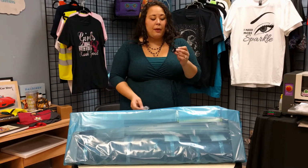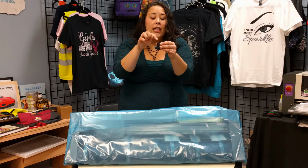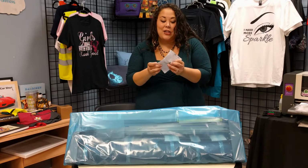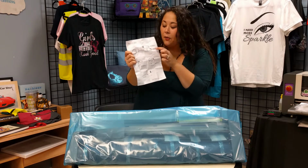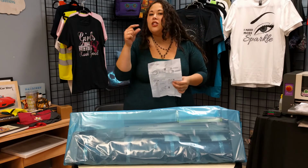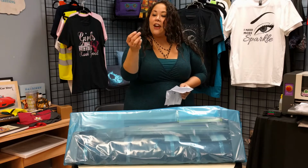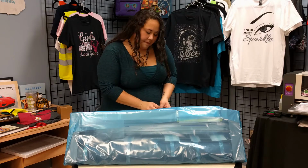You could always do a test piece, but you could also use this. You actually insert your little cutting blade and look in through the little hole, and you can see exactly how long it is. It actually has little measurement grids in there, and just to kind of show you, sometimes visuals are good. See? You're plugging in the little blade in there, and you can see the little measurements that'll be on there. So that way you can check your measurements of your blade without actually having to cut any vinyl, and get an idea of what it looks like. This is a nice new little treat that they started carrying with the Graphtec, a nice little goodie, so this is fun. Okay, cool. So next item,